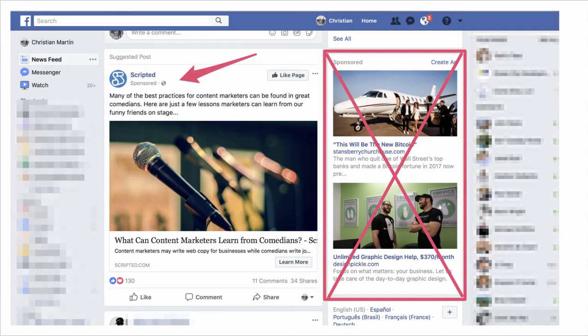And just to show you what that looks like, this is your typical Facebook news feed, and here's what a post in the news feed would look like. It looks like any other post. That's why these are going to get the best engagement, and the best way to test a new campaign is because it's going to get the strongest reaction from your audience.